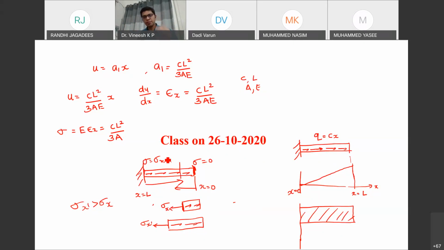Then I understood that my strain is equal to constant. Then I understood that stress is equal to constant. But when you look at the physics of the problem, you understand that on the free end of the bar, the stress is equal to 0. And when you move towards the fixed end, you can see that the stress is going to increase. So your solution is not matching with the physics of the problem. But why am I explaining this? This is how you need to solve the problem by using the Rayleigh method.